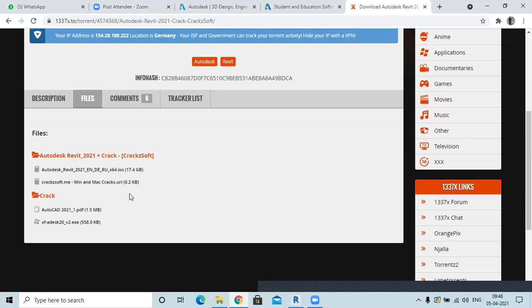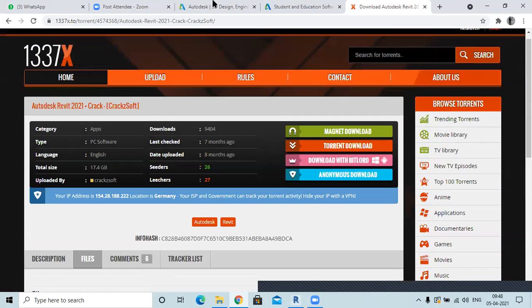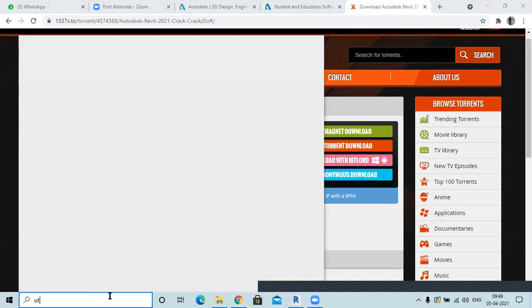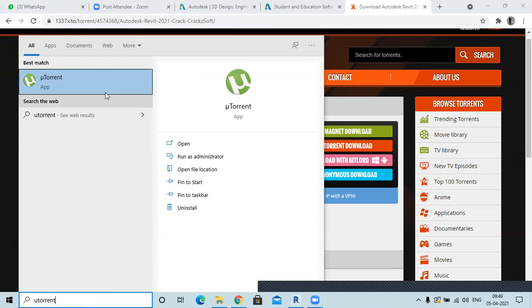But you have to download this first. So if you don't have it, first install a VPN on your browser, whichever you're using, Chrome or any other. Start the VPN, go to 1337x.to, which is the torrent engine. If you have uTorrent installed on your computer, you can directly open a magnet download link.